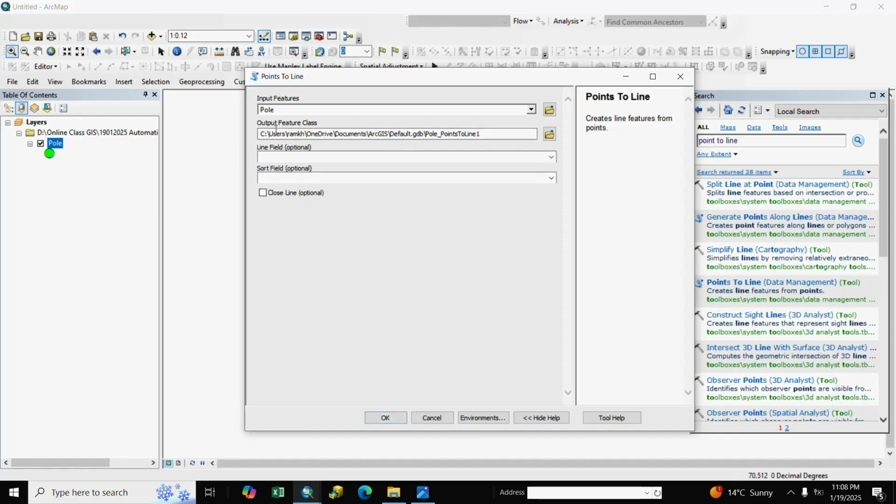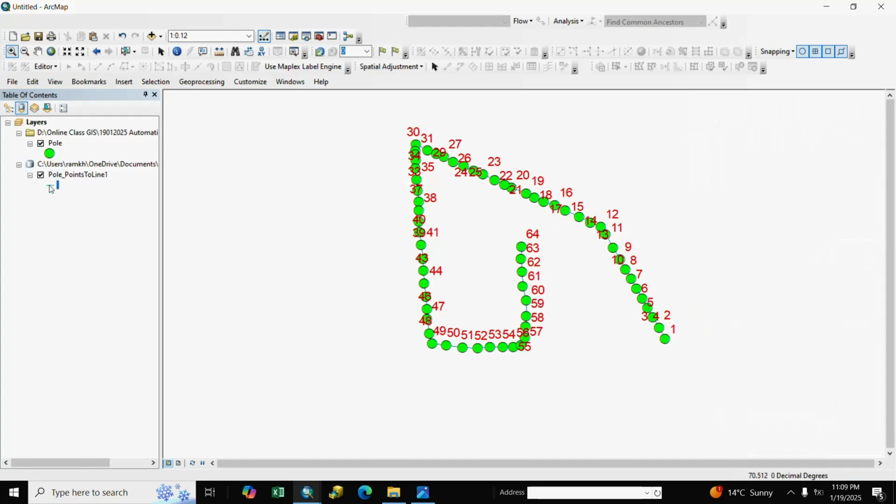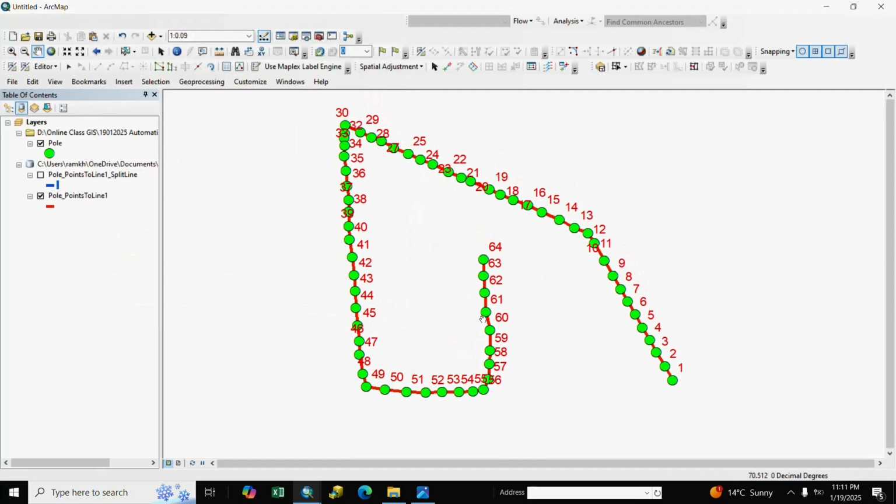OK. Output feature is automatically taken and OK. You see here the line is generated. Our line is generated. Next we discuss consumer indexing.